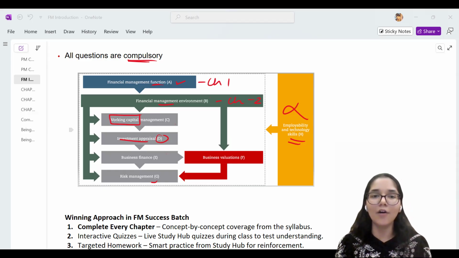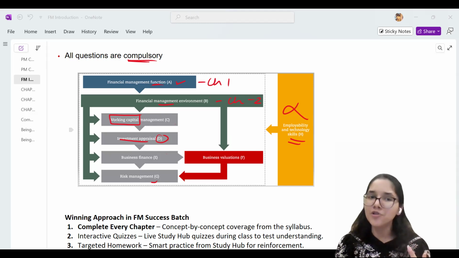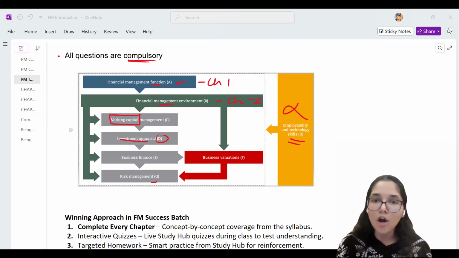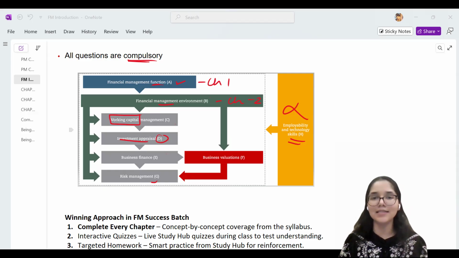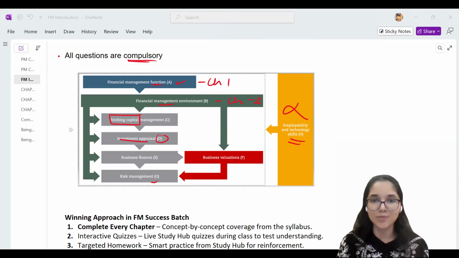So we will find out that, in the real world, organizations have a limited amount of money, and there are so many options available to invest. You can invest in real estate, you can invest in precious metals like gold, silver, you can probably invest in the stock market, you can probably invest in the debt market. So there are so many assets which I can purchase. Now, which asset is going to be the best for the business? That is what we find out using investment appraisal.